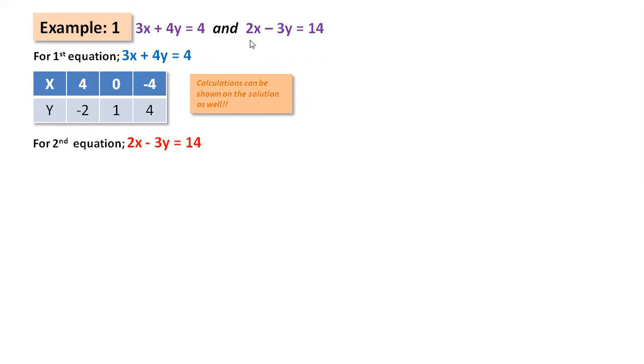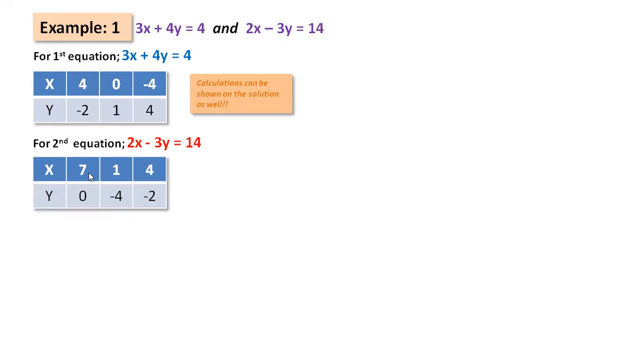Look, the second equation, 2x minus 3y equals 14. In this equation, you put these upper values, 7, 1, 4, as your choice, okay. And I suggest you put the values of x as small as you can, okay. And it will be easy to find the results as whole numbers, okay. If you put 7 here, 2 into 7 is 14, and when 14 goes here, it will be 14 minus 14, 0, and 0 divided by minus 3 will give 0. The y value will be 0.